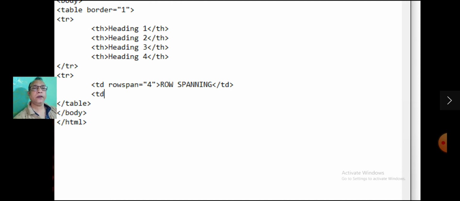This is for the first column. The second data is TD colspan is equal to, in the quotes, 3, and align is equal to center, means second row columns are merged, 3 columns are merged.